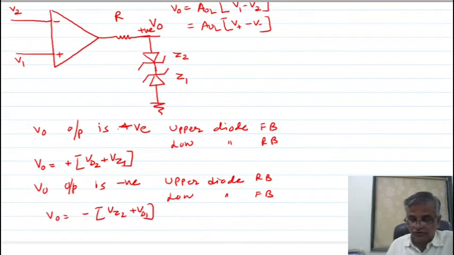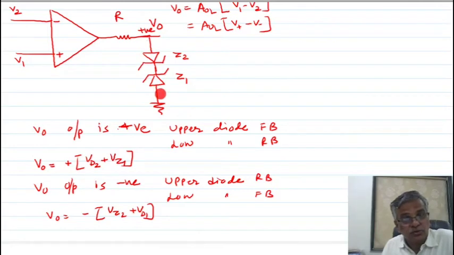See here, when positive voltage is coming here with respect to this, then this behaves as forward bias, and the voltage in forward bias of this Zener diode VD is of the order of 0.7 volt, and this one works in the Zener breakdown effect. So my output is nothing but VD2 plus VZ1. In forward bias I am writing VD2. In reverse bias, Zener effect, I am writing VZ1.